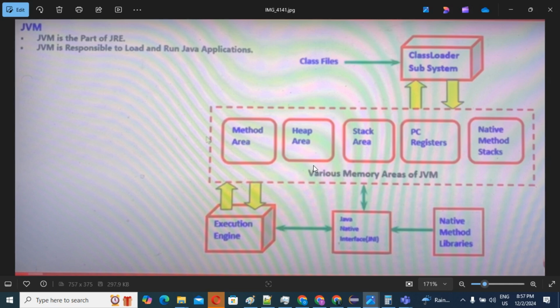JVM is responsible to load the .class file and run the Java program line by line. At last, JVM is a runtime engine which runs Java based applications, and it is responsible to load the .class file to run the Java program line by line. That is the JVM definition.